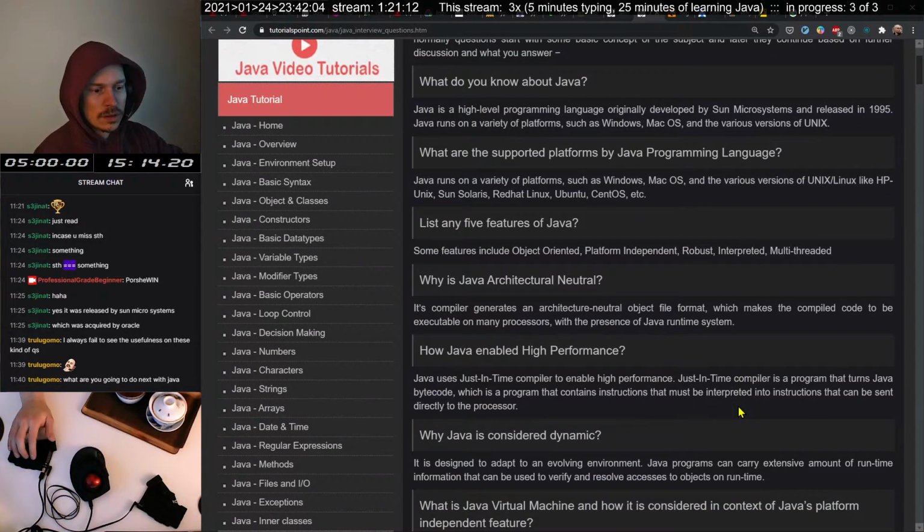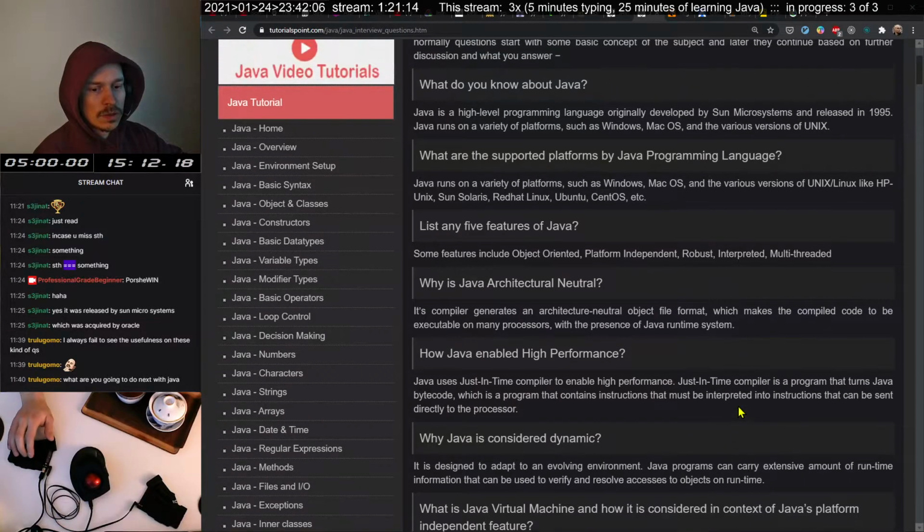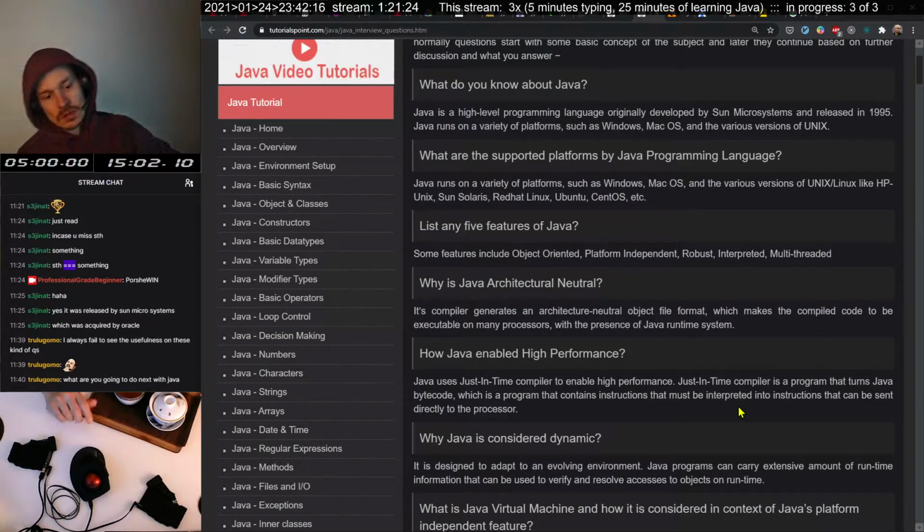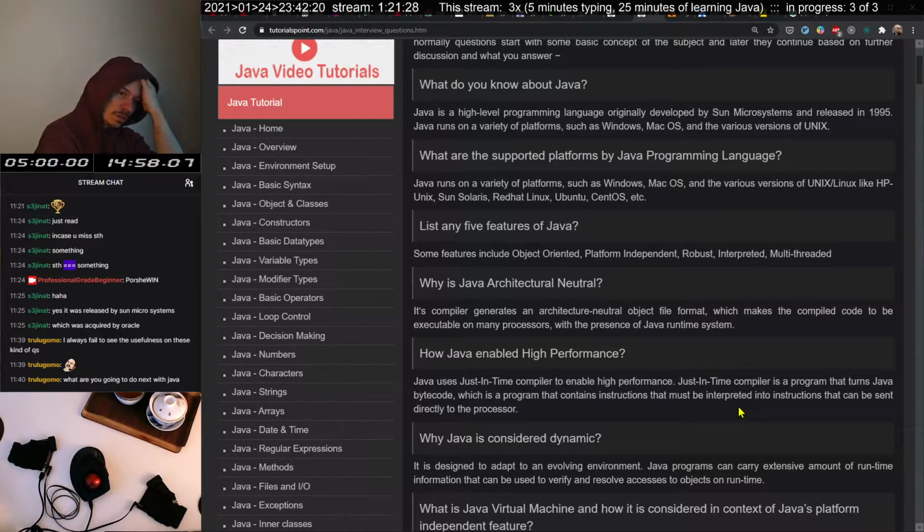Okay, what is Java Virtual Machine? How is it considered in the context of Java's platform independent nature? So Java Virtual Machine is a program which runs on a computer, and each platform has one. It's basically the interpreter of Java. It runs the damn thing.